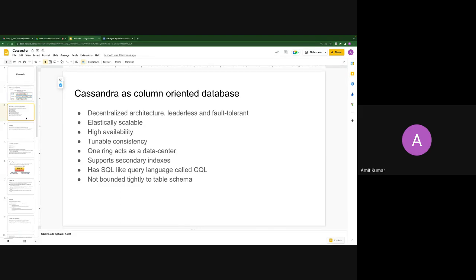A ring where a lot of nodes are placed, and whenever a request comes, any node can act as a coordinator node. Any one is equally probable to act as that. So there's no leader in this architecture. This is decentralized. So if the master node fails, or if any specific node fails, then they will have